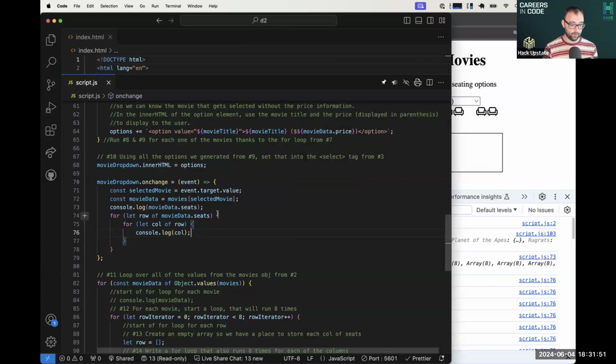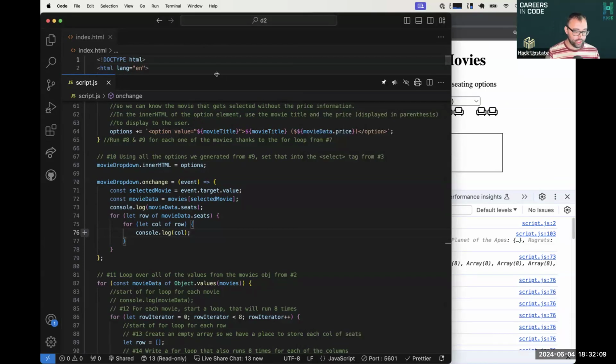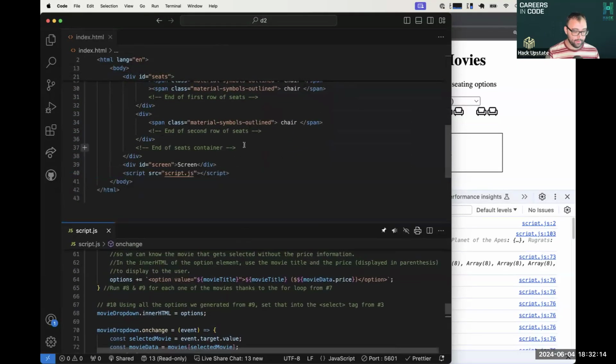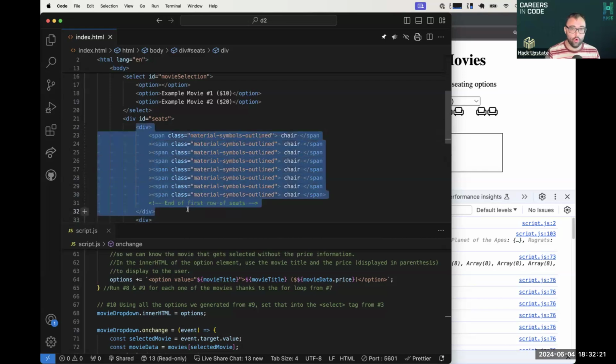Be very careful on our opening and closing curlies here. So we need to think about this as, hey, my end goal here is to generate out a bunch of HTML for each one of the seats. And if we look at our HTML up here, we can actually already see we've got a starting place to go off of. We have a div that contains the entire row of seats and all of the columns in that row. We also have